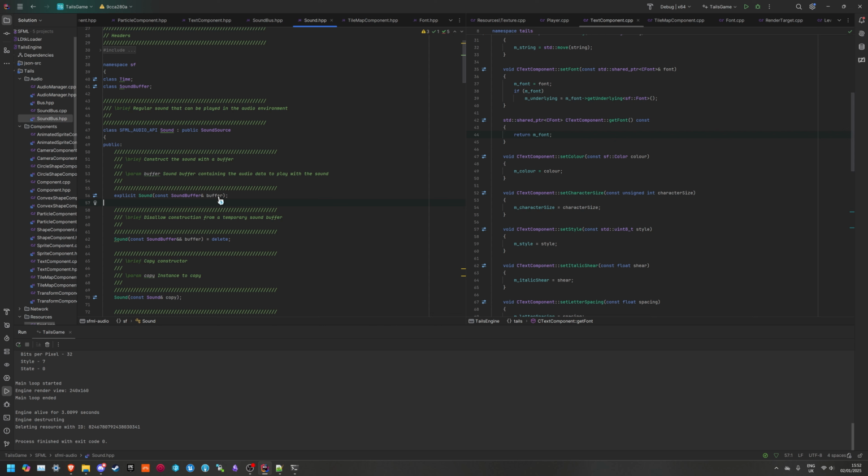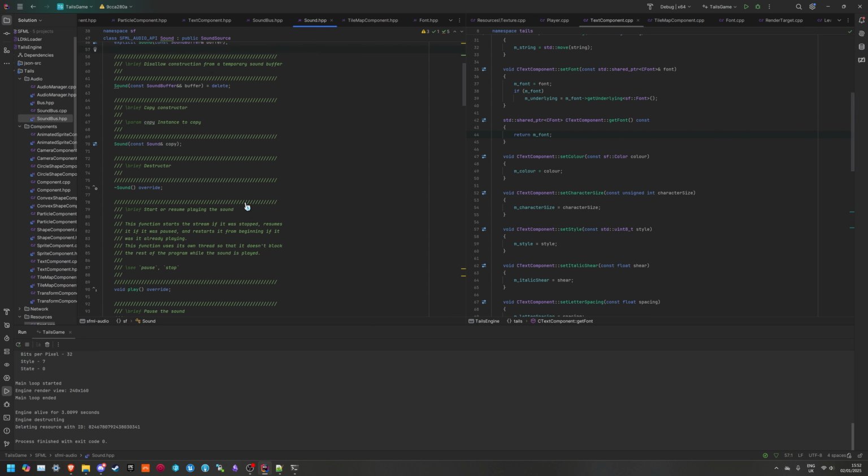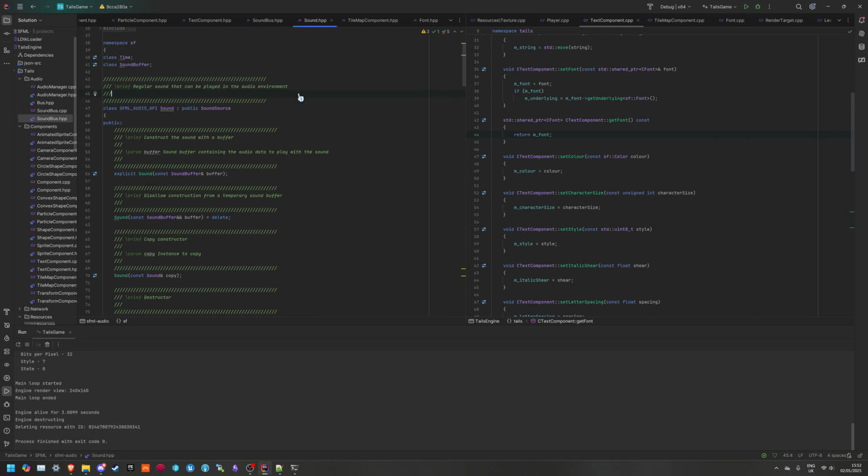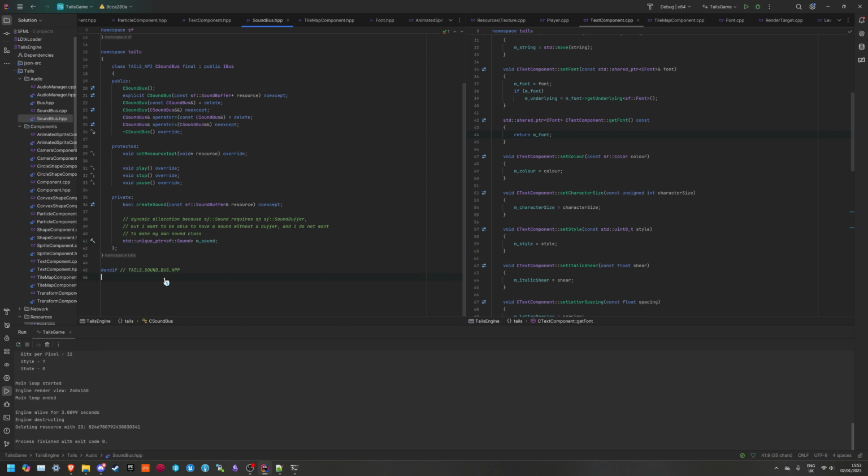You have to have a buffer or a texture or a font when you use any of these classes in SFML3 now, which is why, for the sprite component and stuff, I made my own sprite thing with the vertex array. It's why I made my own text rendering. It's why I'm using a unique pointer here, so that I can create the sound only when I need it to play,